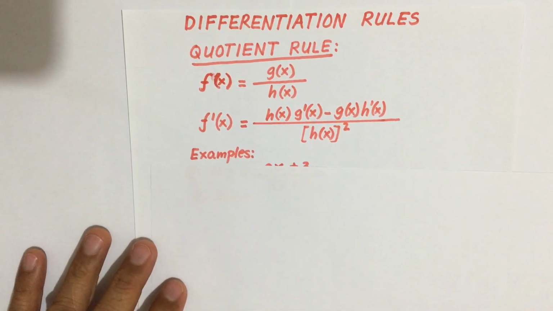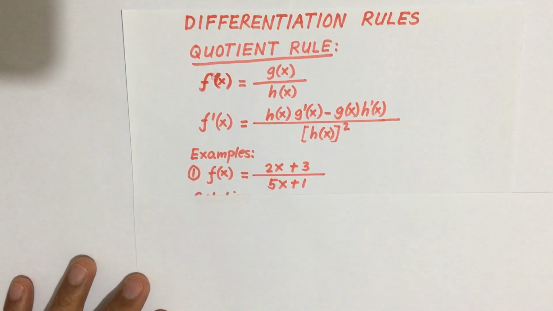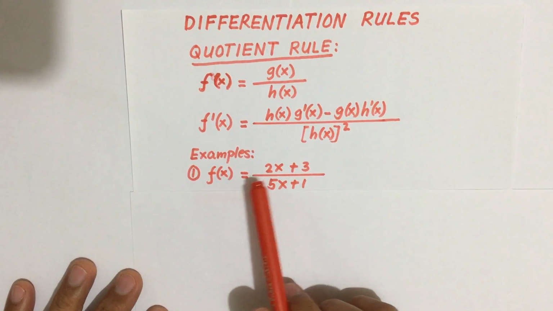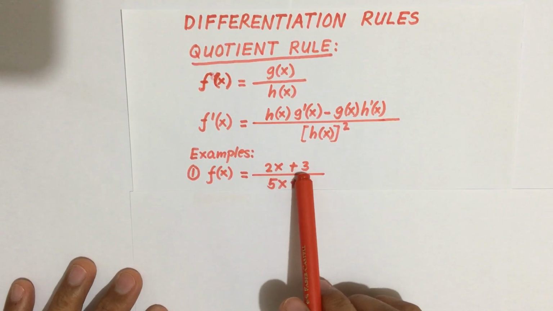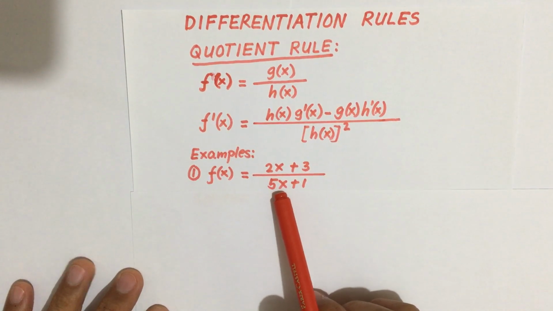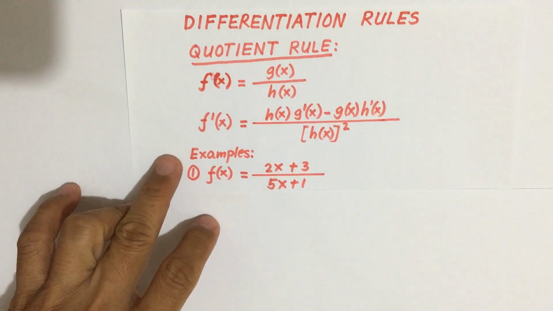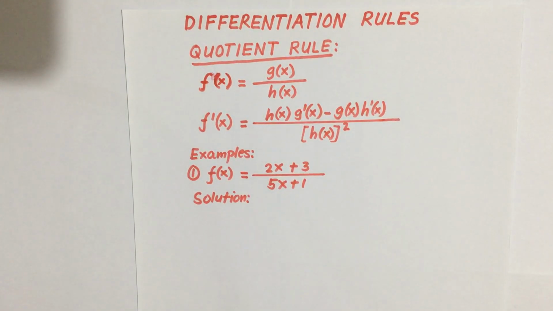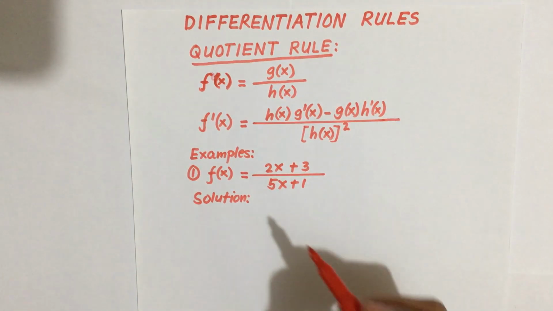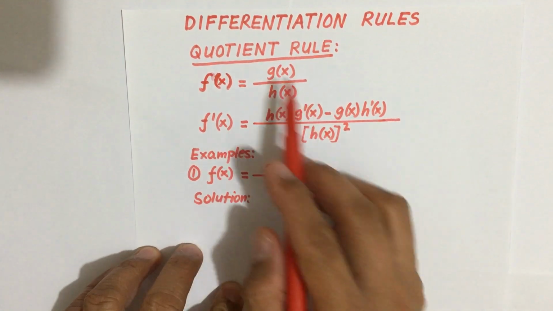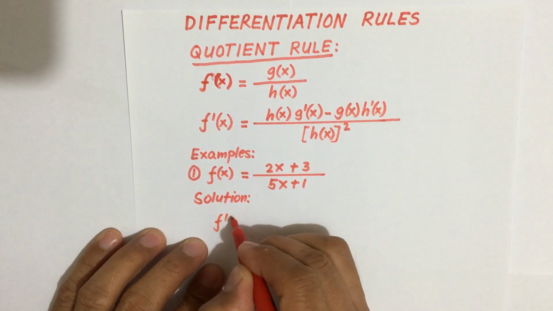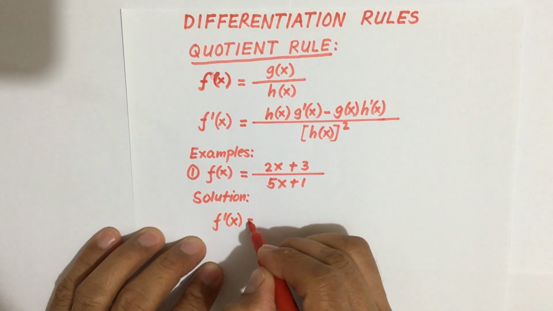So for example, example number 1, if you're given, say, the function of x equal to 2x plus 3 divided by 5x plus 1. And what is the derivative of this rational function? Okay, so using the formula or the rule, the quotient rule, we have f prime of x equal to,